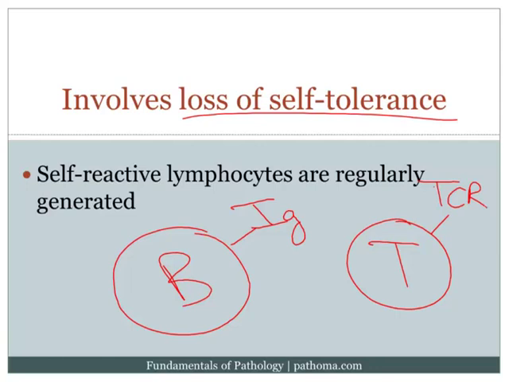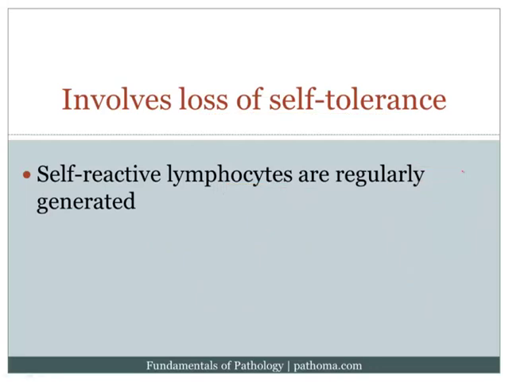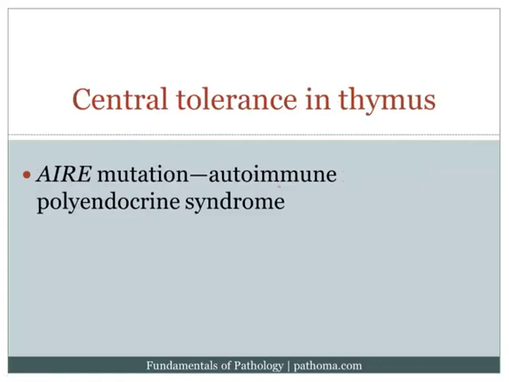And so we generate this broad spectrum, but remember that the generation of immunoglobulin and T cell receptor is random. And so while we generate T cell receptor and immunoglobulin, we also generate some T cell receptor and immunoglobulin that is reactive against self-antigens. And so that's why I say here that self-reactive lymphocytes are regularly generated. Now, in order to deal with these self-reactive lymphocytes, we have a process called tolerance, which helps to take care of them, and we'll talk about this in more detail moving forward.